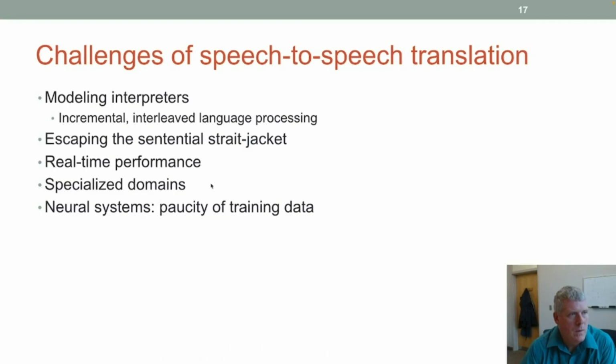Real-time performance. There are specialized domains. I have a friend who works as a professor of interpretation, and he was going to interpret at a conference in Spanish. He's a native English speaker, BYU alum as well, and he had to learn how to talk about the strength of textiles and fibers, and he had to talk about like tensor. What's the word for strength of fibers? I can't remember the word right now.